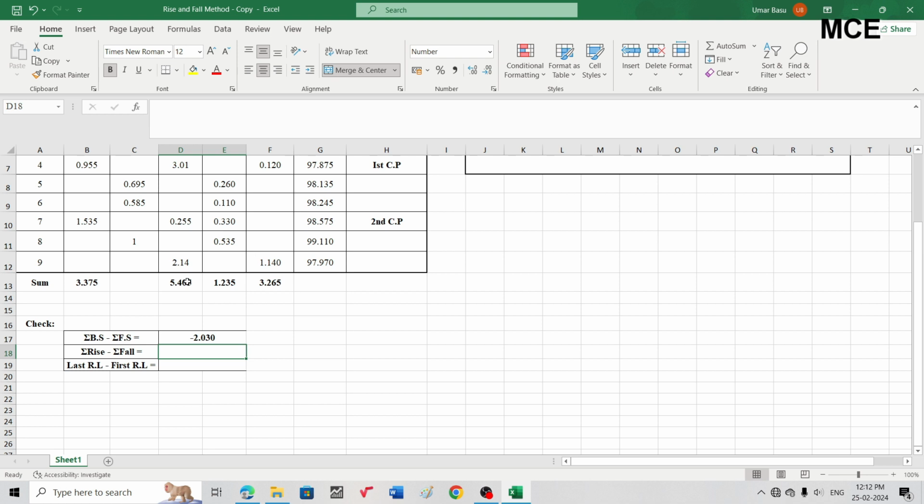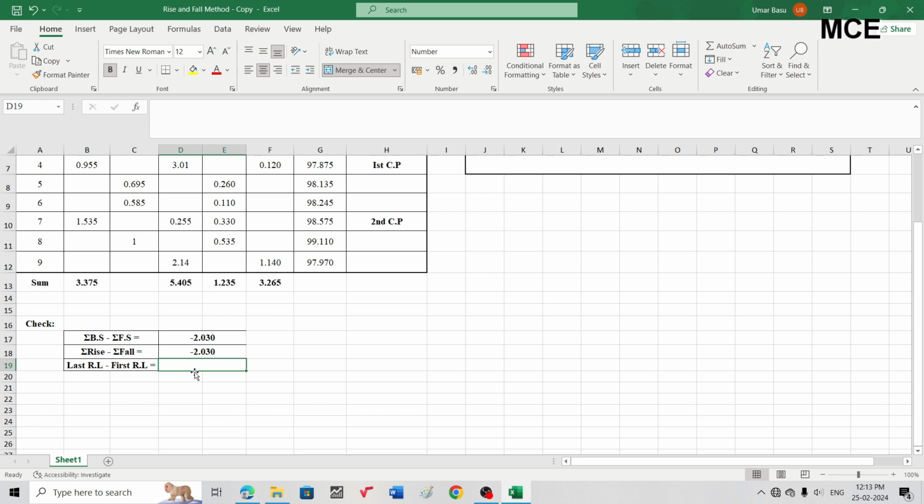To check the intermediate sides, we have the check in this rise and fall method, which is summation of rise minus summation of fall. So select this column, write equal sign, and then take the summation of rise, which is 1.235, and from it subtract the summation of fall, which is 3.265. And you can see we again get minus